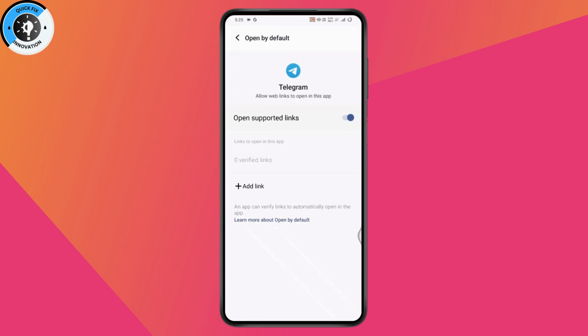You need to toggle it on. Once you toggle it on, then this Telegram will allow the web links to open in the application. So that's how you can change